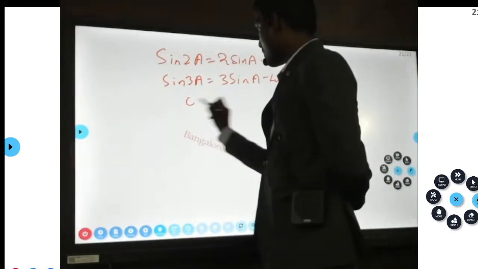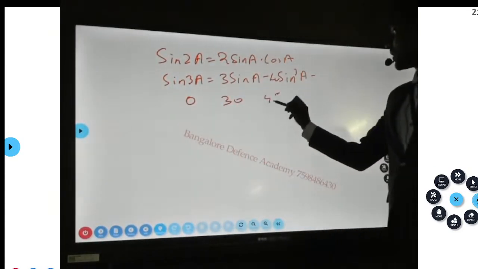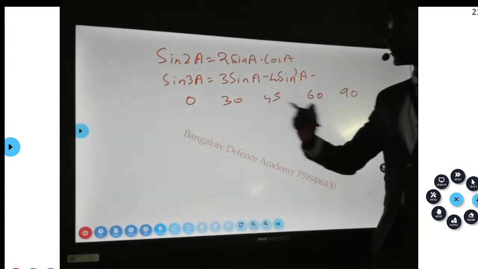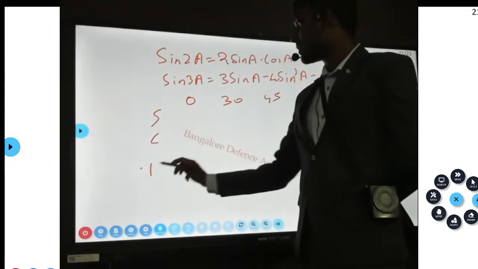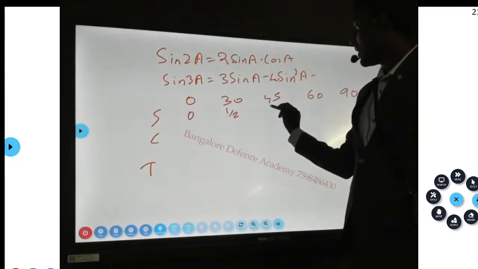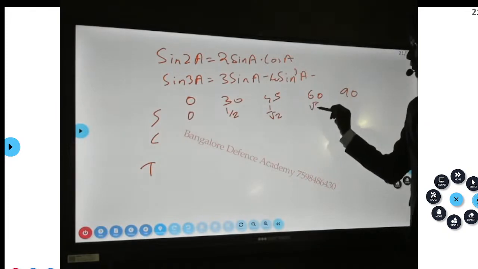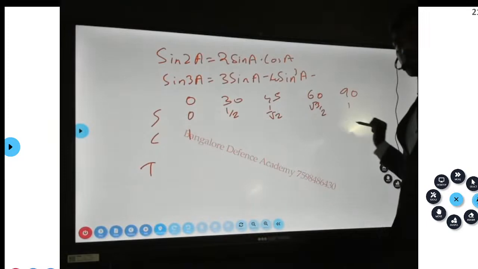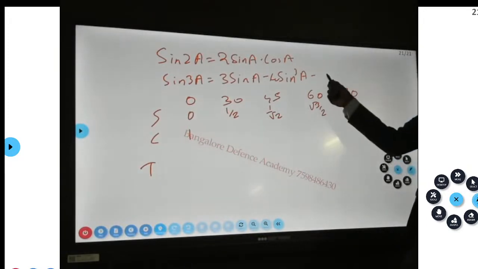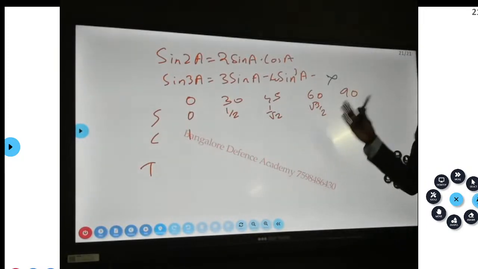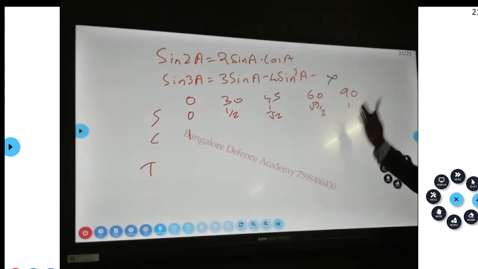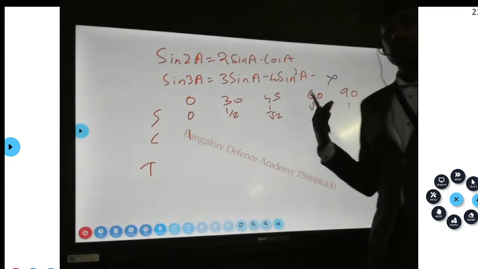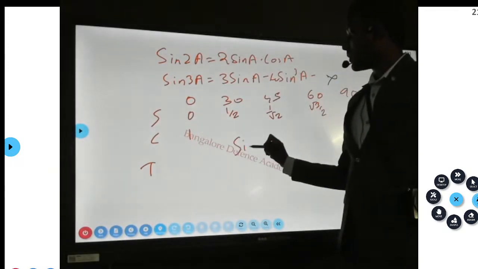Next, 0, 30, 45, 60, 90. These are all angles lying in the first quadrant. So for sin, cos, tan, it will come like this: 0, 1 by 2, 1 by root 2, root 3 by 2 and 1. Now what is the cos value here? You will write like this. Okay, so those who are in 10th standard or writing Agnipath, GD, small exams, definitely you have to learn these values by heart. Okay? But those who are writing NDA or something like that, your questions will be